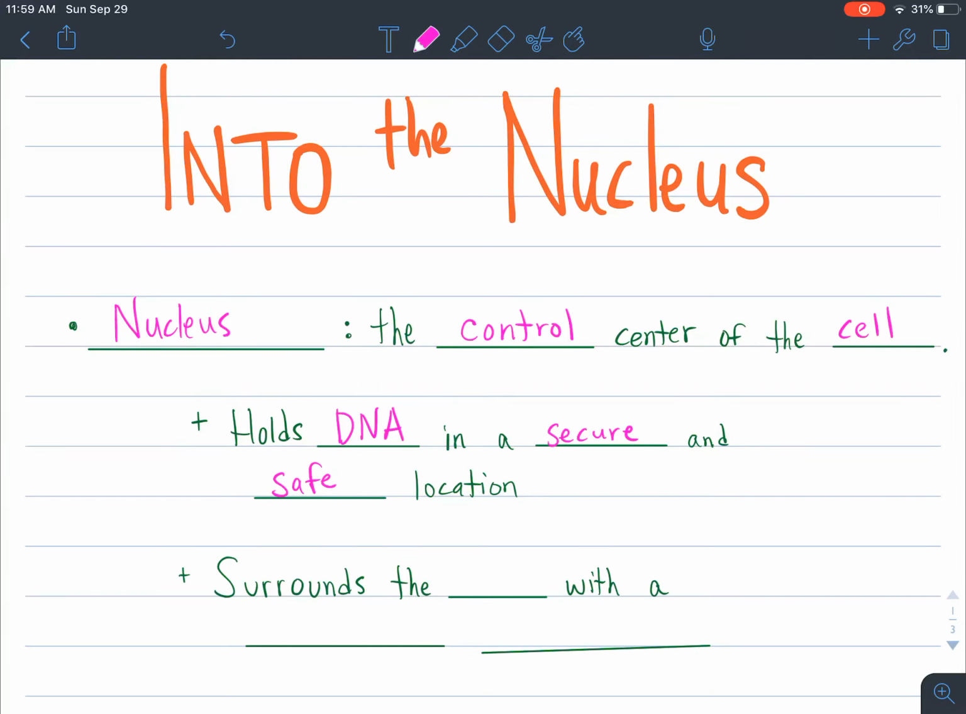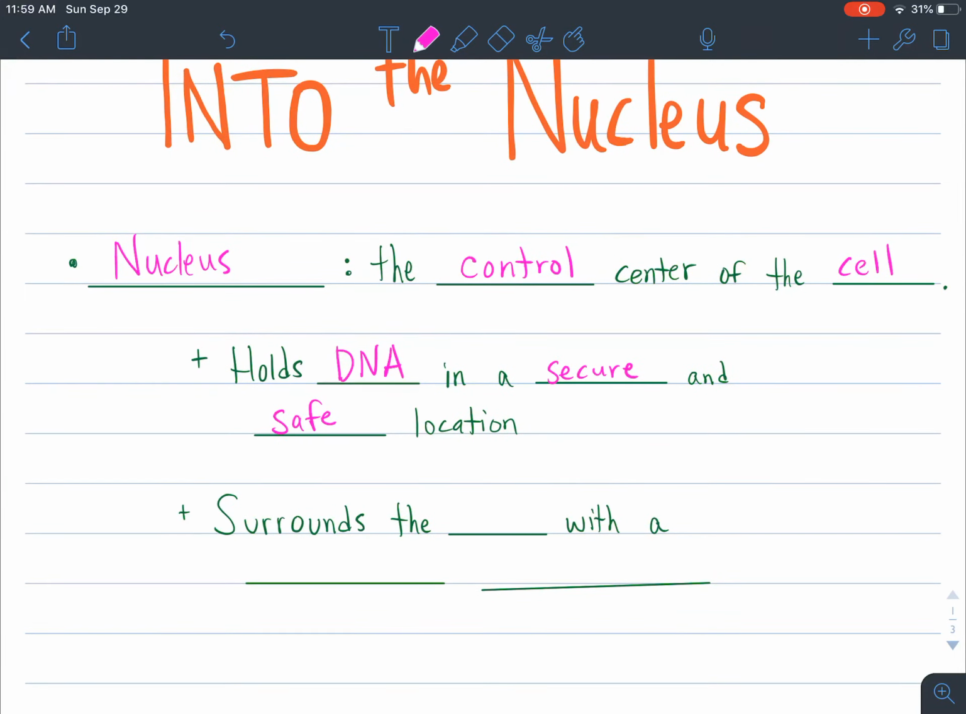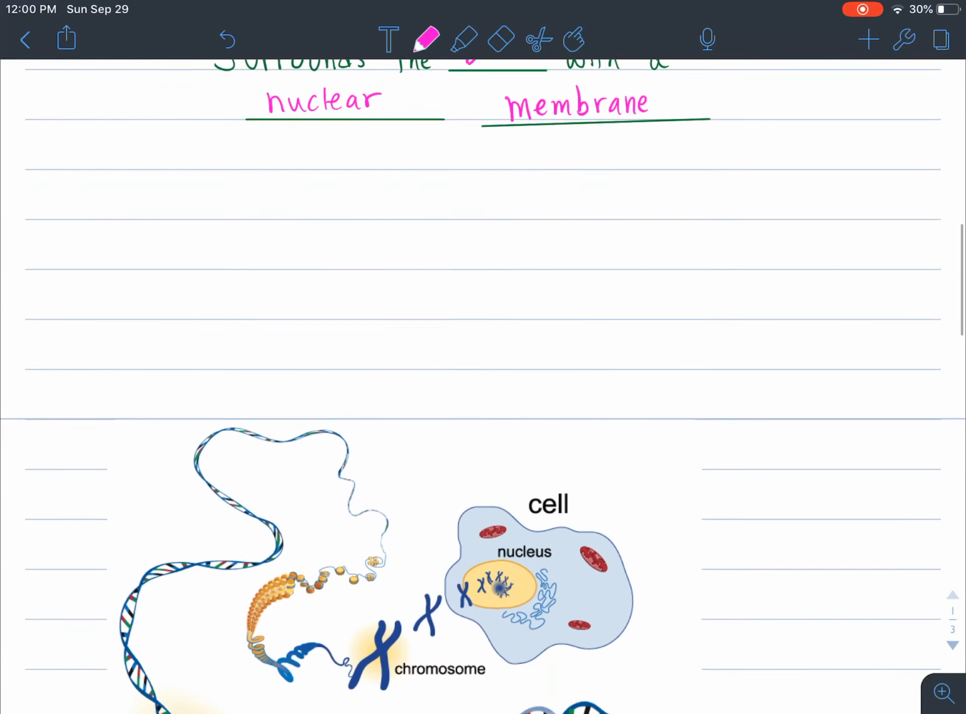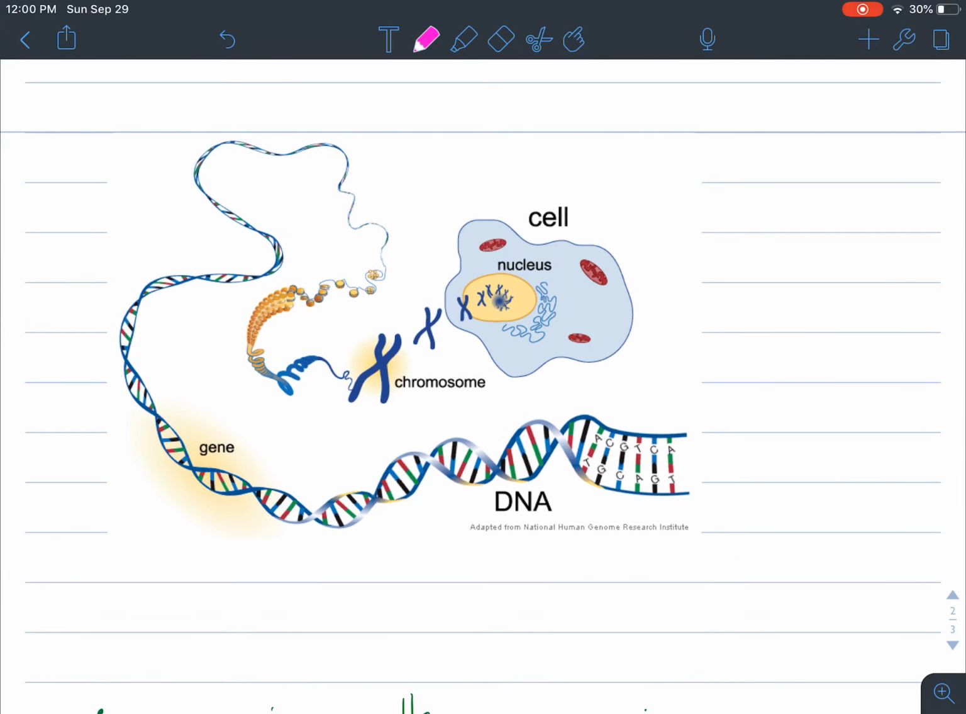So the cell has a nucleus which holds that DNA secure and safe, and the nucleus surrounds the DNA, kind of like with a city wall, but with a membrane, kind of like the outside of the cell. It creates a pouch so the DNA can live inside of the nucleus. We don't just call it a membrane, we call it the nuclear membrane because it's related to the nucleus. So it surrounds the DNA with a nuclear membrane. So if we now tape in this diagram here, this orange wall is the nuclear membrane